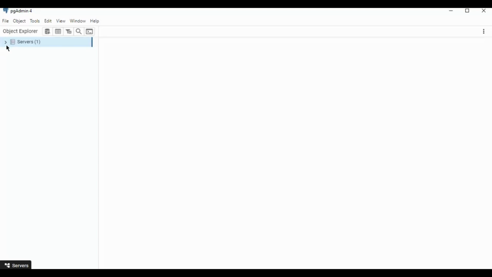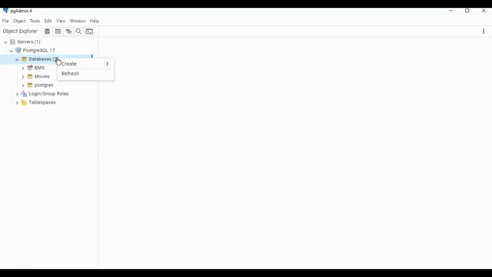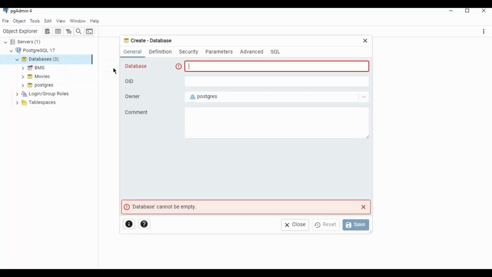Here we're going to start with how this whole thing works. First we go here to servers. Then we have our own databases, and you can see I already have 3 databases. So we're going to create one: you right click over here and then choose create database. Then you name this database. So I'm going to call it